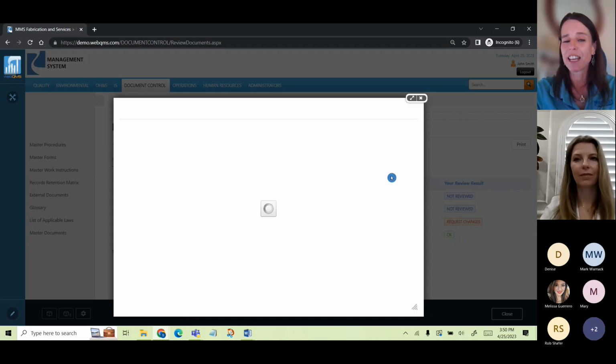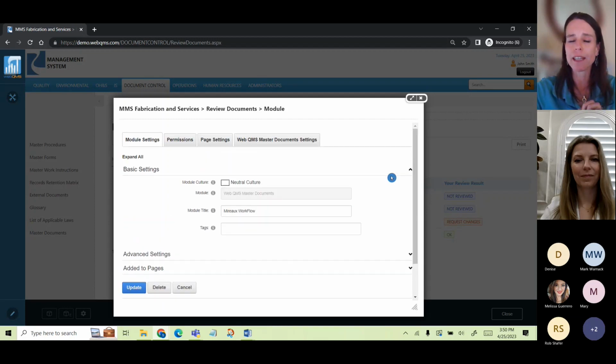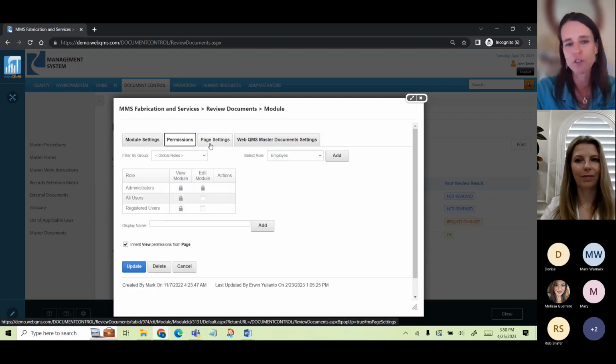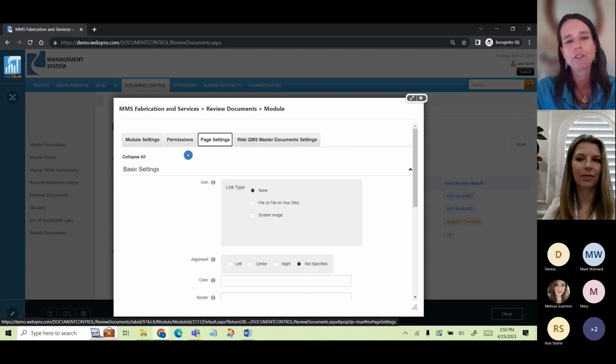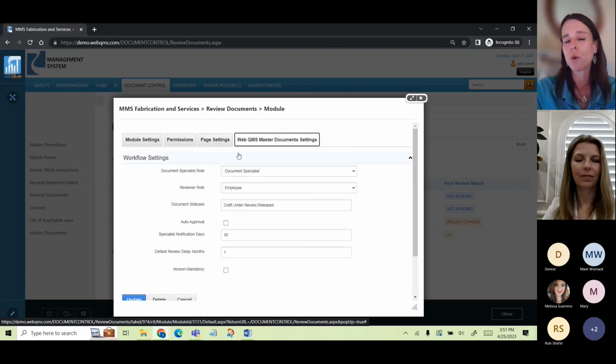And this is the setting for that next review date. How many months do you want to go between document reviews? You'll see multiple tabs. You don't want to mess with any of these. These are things the developers use for the module. So you don't want to mess with anything. But this last one, for Web QMS Master Documents Settings,